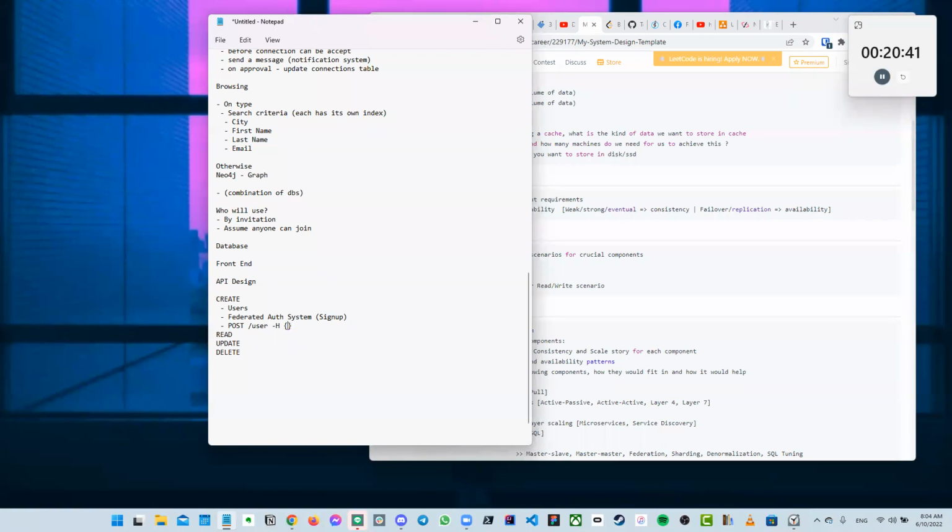Yeah, so the fields would be email, name, and so on, right? Thank you for writing it, Vijay. So, right, and then the next would be